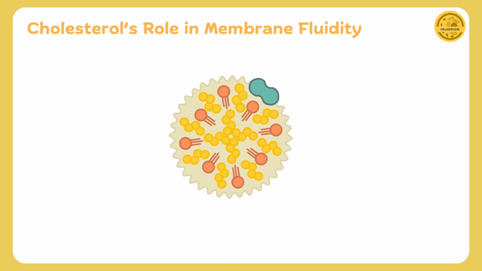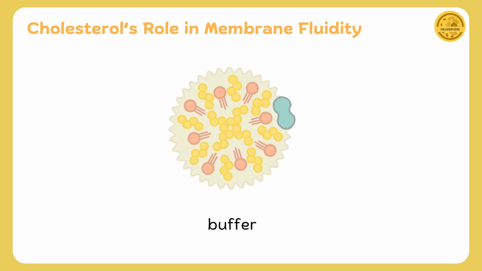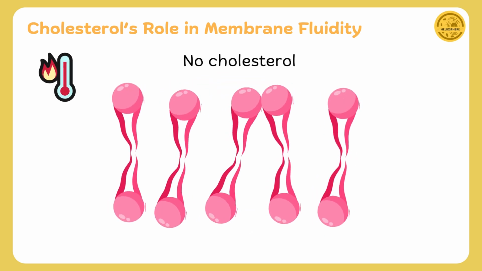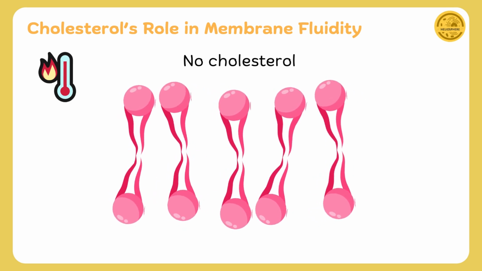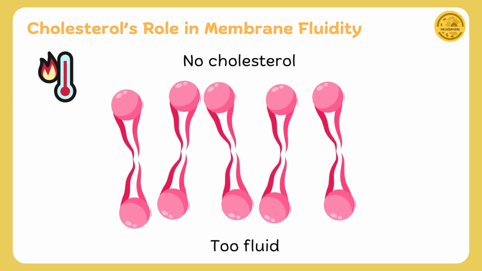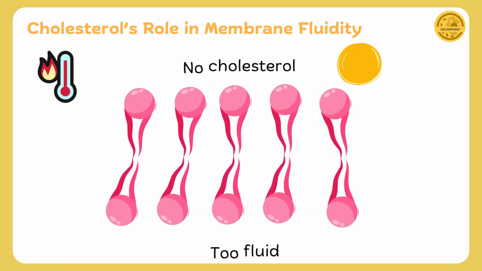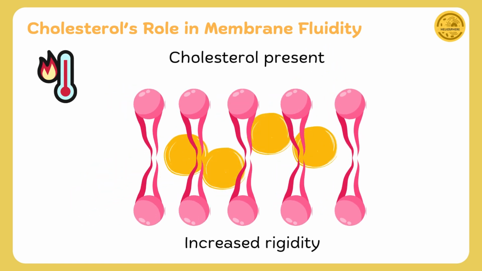Cholesterol plays a crucial role in eukaryotic membranes as a fluidity buffer. At high temperatures, the phospholipids in the membrane gain kinetic energy and move more freely, making the membrane overly fluid and unstable. Cholesterol fits snugly between the phospholipid tails and restricts their movement, helping to stabilize the membrane and reduce